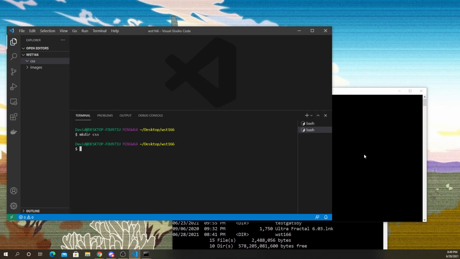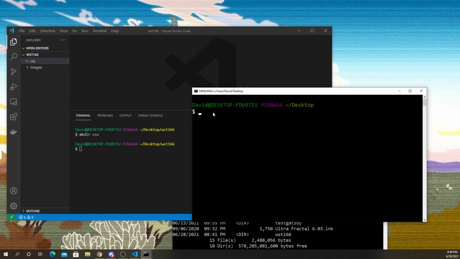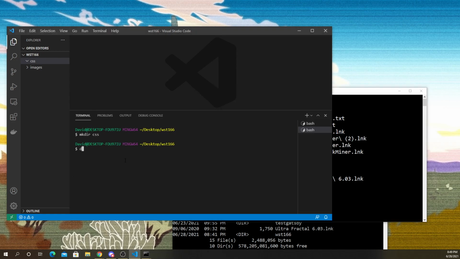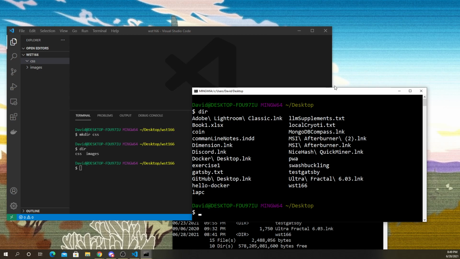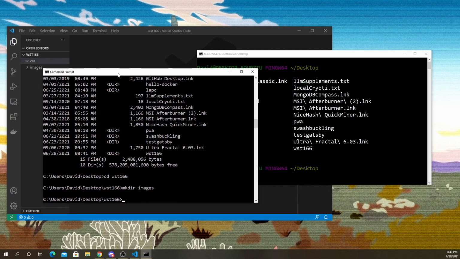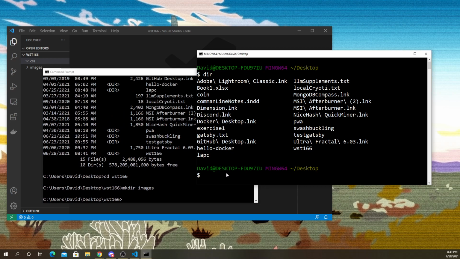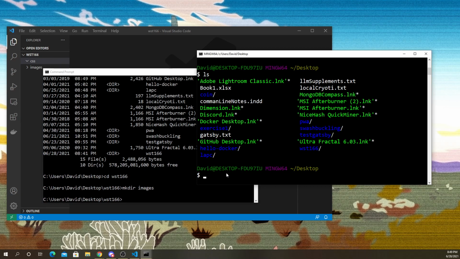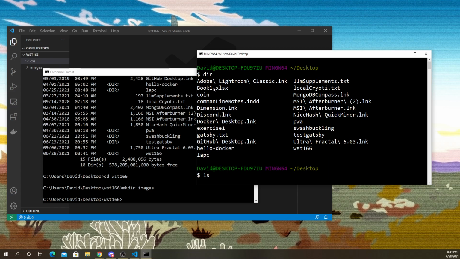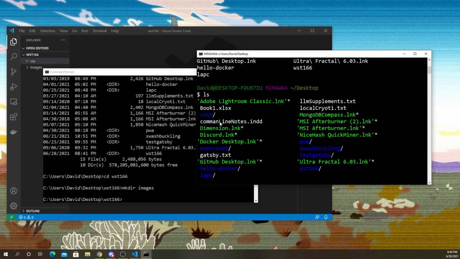They all have a few of the same commands, like mkdir works in any of these. Dir also works in any of them. But there's a few that don't work in command prompt. Like an alternative to dir is ls. You can see it does the same thing as dir, but this time with color.